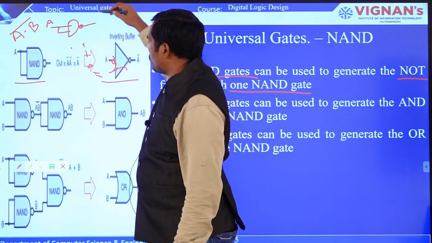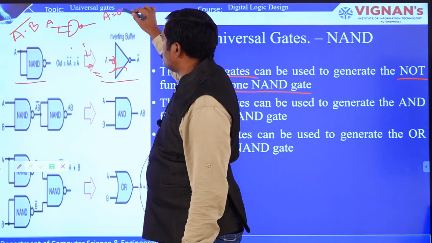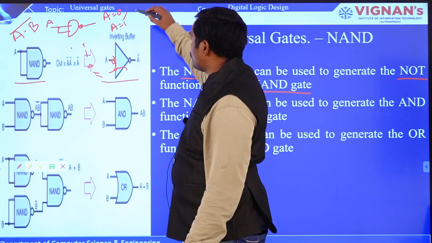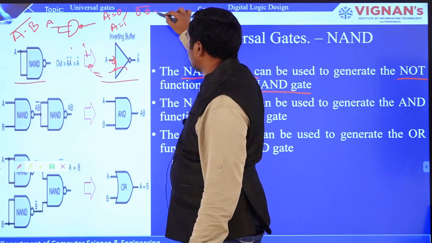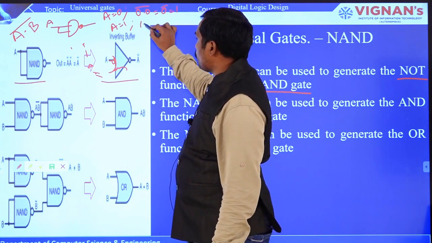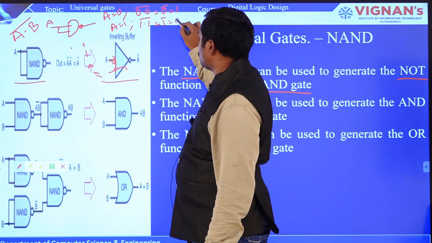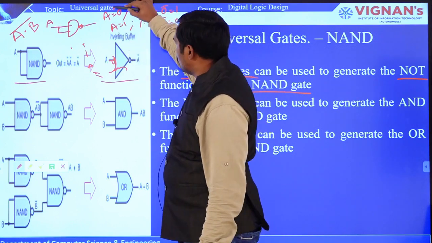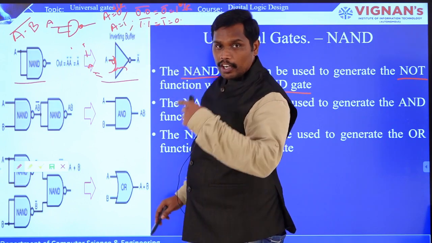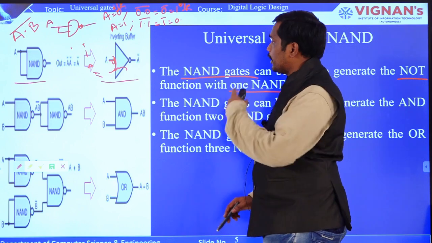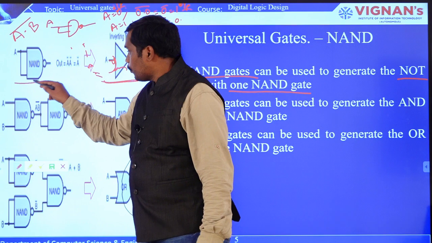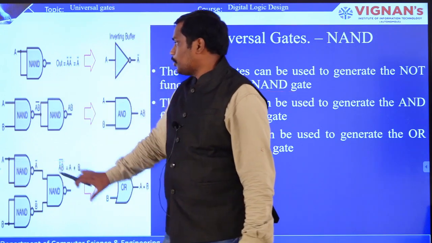Now you can see here, if A is equal to 0 and A is equal to 1, these are the possibilities, right? For NAND, you can see (0 dot 0), the whole bar, is 0 bar, which is 1, and for A equal to 1, (1 dot 1), the whole bar, is 1 bar, which is equal to 0. So whenever the input is 0, you get output 1, and whenever the input is 1, you get output 0. That is the reason why this NOT gate can be represented with one single NAND. Is it clear? This is how you are going to write it down.